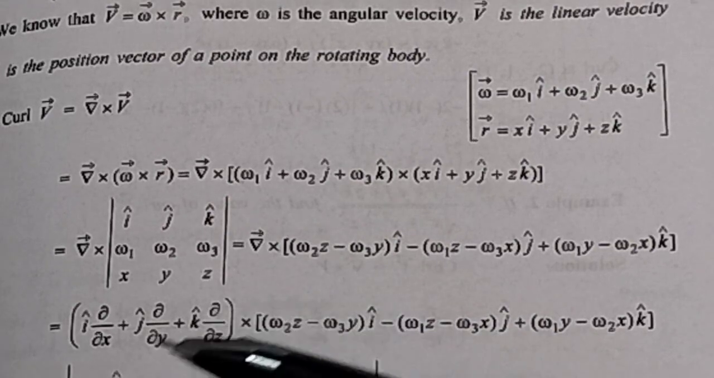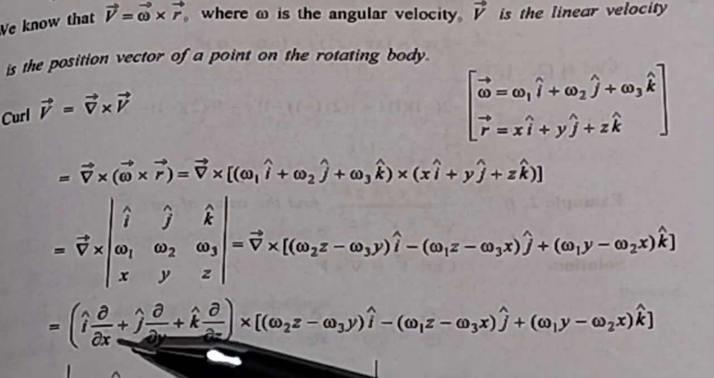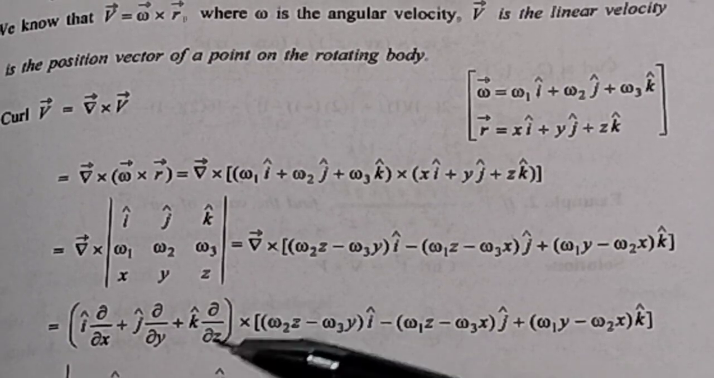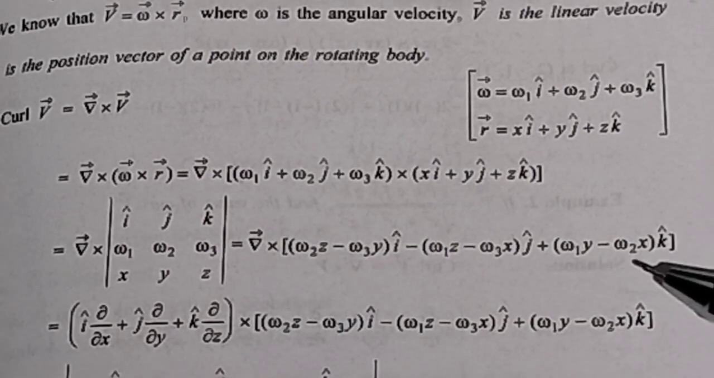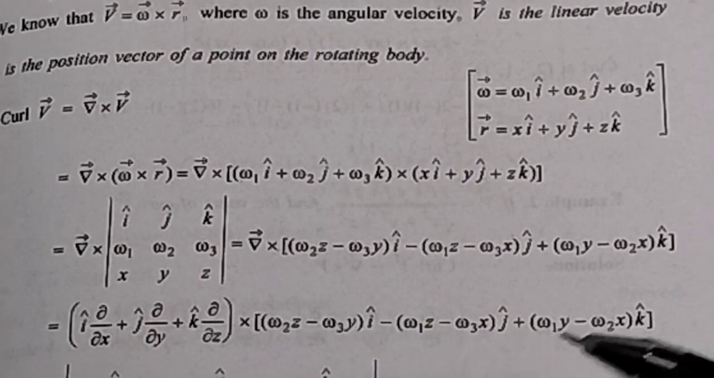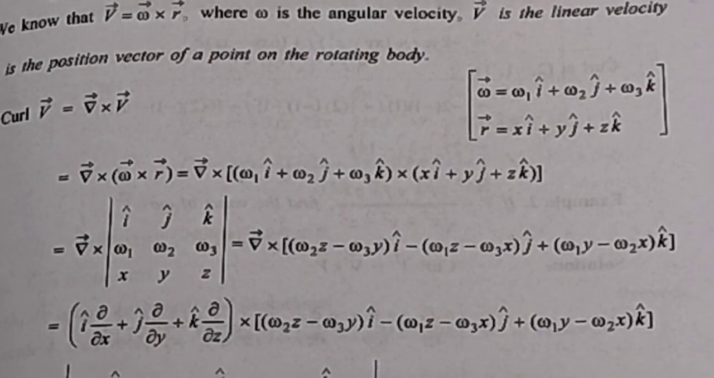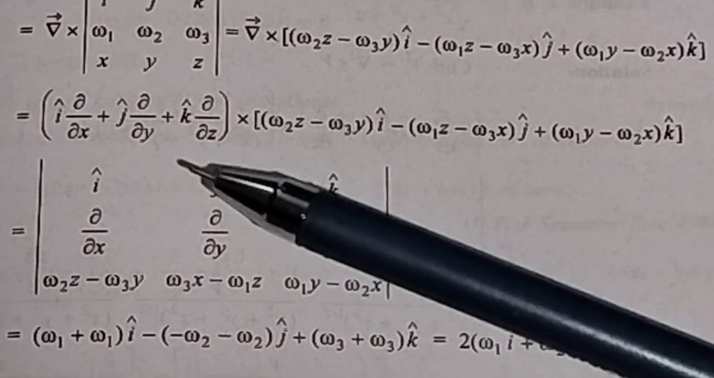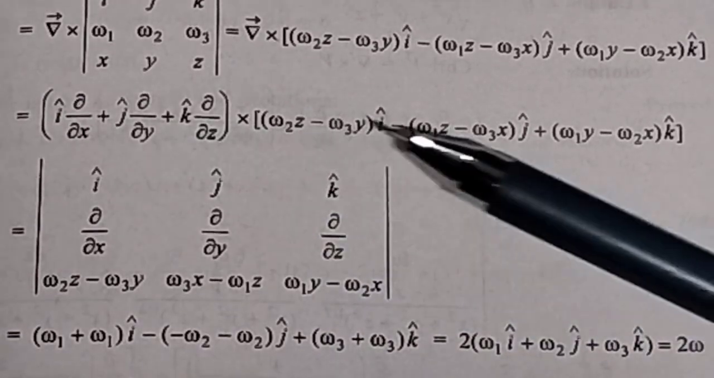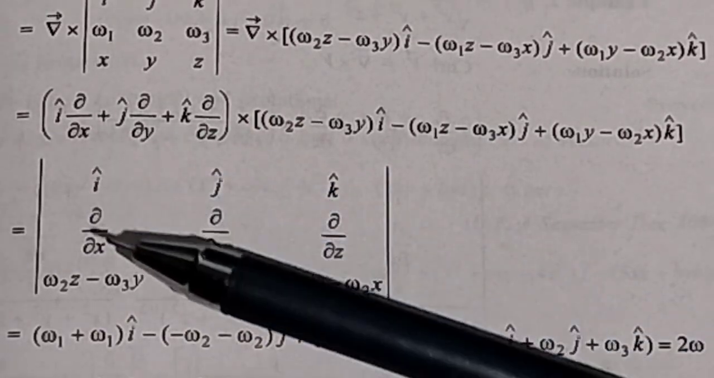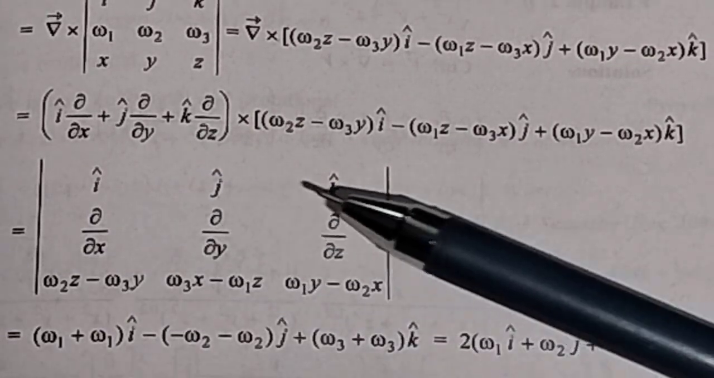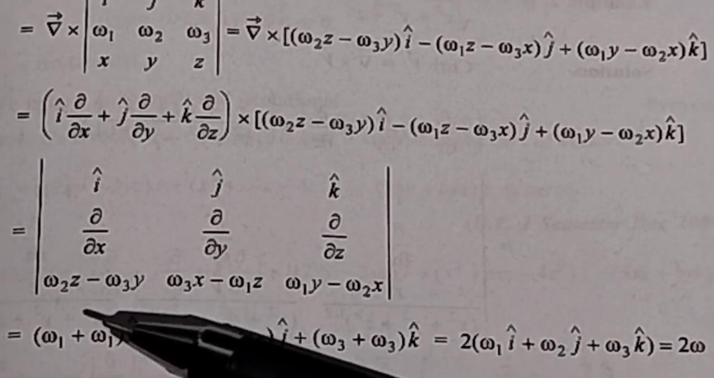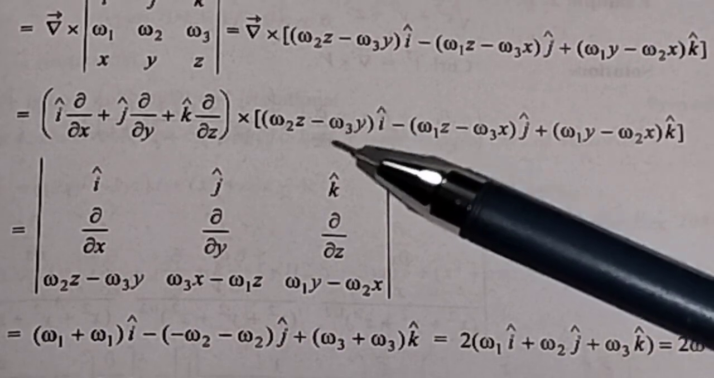For the del operator you write I cap del by del x plus j cap del by del y plus k cap del by del z, and you write this term here. If you take the cross product of this del operator with this, then you can write it in this determinant form: I cap, j cap, k cap, del by del x, del by del y, del by del z, omega 2 z minus omega 3 y,